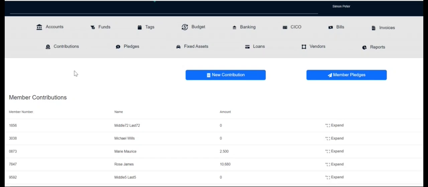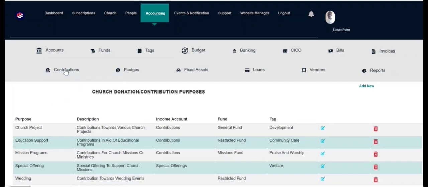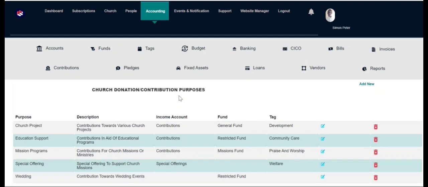With contribution purposes, you determine how you want contributions to be identified. For example, contributions can be identified as a project, wedding contribution, funeral contribution, or any other contribution. This will be very important, especially when you want to analyze how members are contributing on different